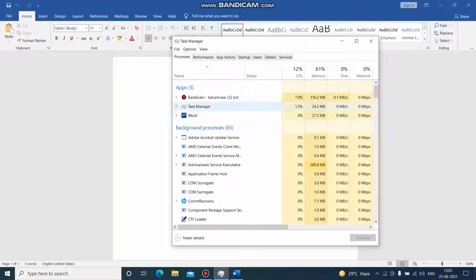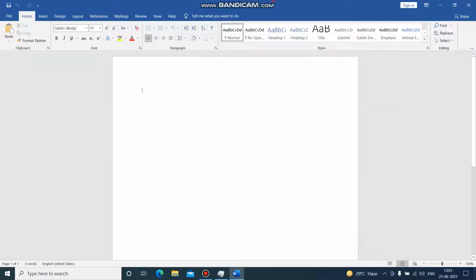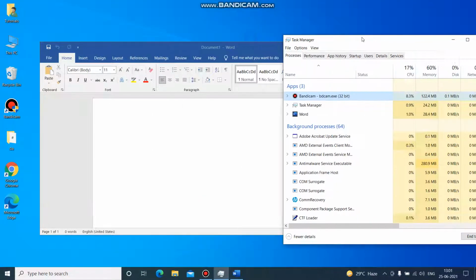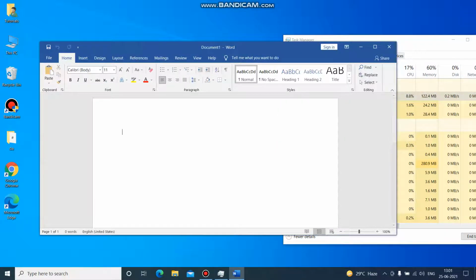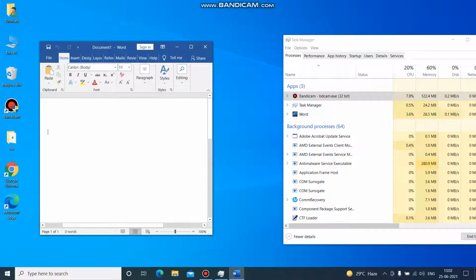Along with that, we can also see how much memory and CPU power is consumed by any certain application. For example, this application is consuming 5.2 to 10.10% as per the processing, and Task Manager is currently using 0.6. If I restore it a little bit and type here, you can see the processing.